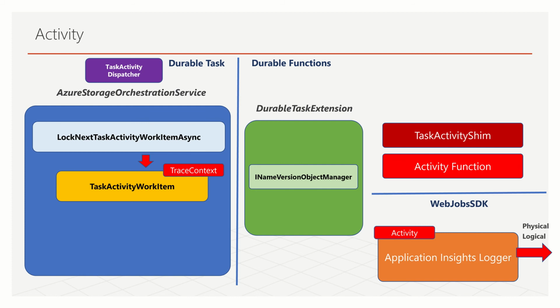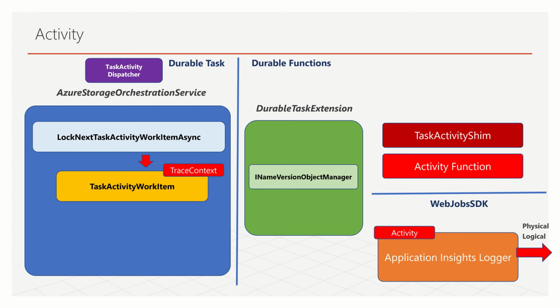That is why this activity is created from the durable task side, which means that it is correlated. This correlated activity is sent to the Application Insights logger of the Azure Functions side, adds the functions host related metadata, and publishes to